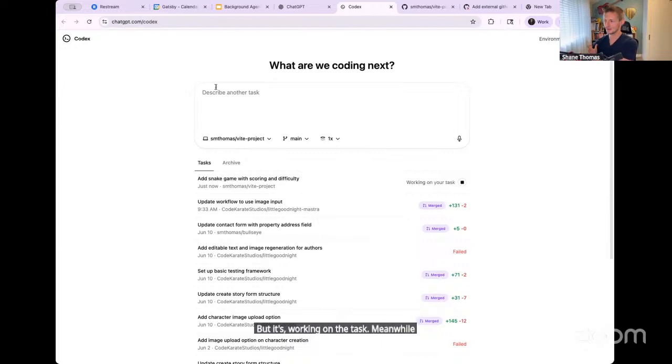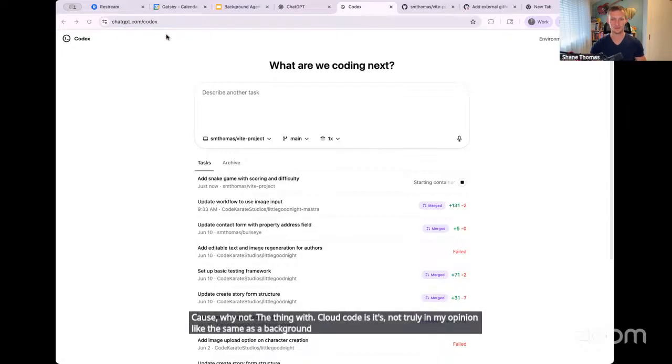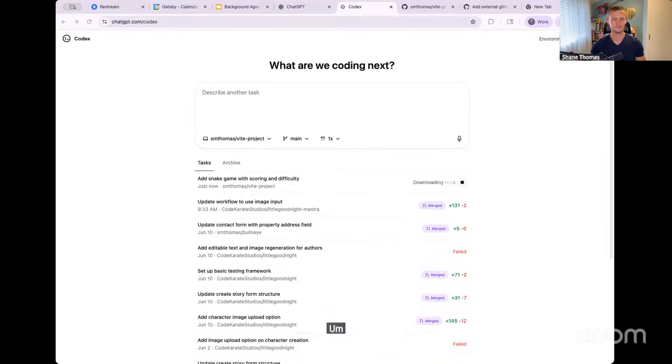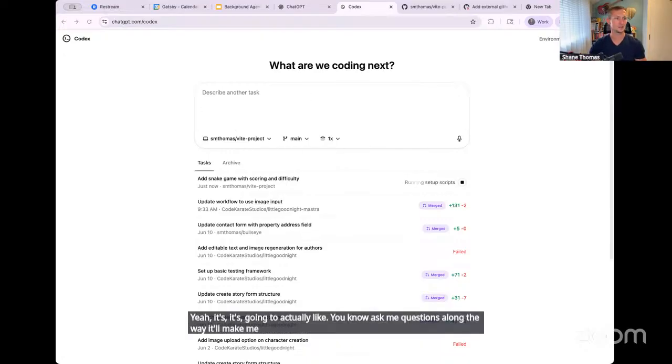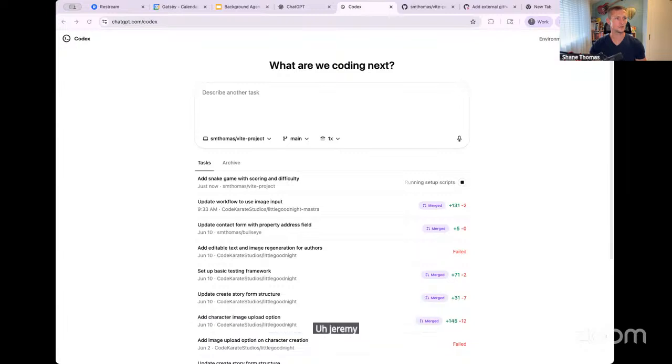Meanwhile, we can also do the same thing in Claude Code, because why not? The thing with Claude Code is it's not truly, in my opinion, the same as a background agent, because it's actually going to ask me questions along the way. It'll make me confirm things. My guess is it's going to probably just make a sprite, like some kind of